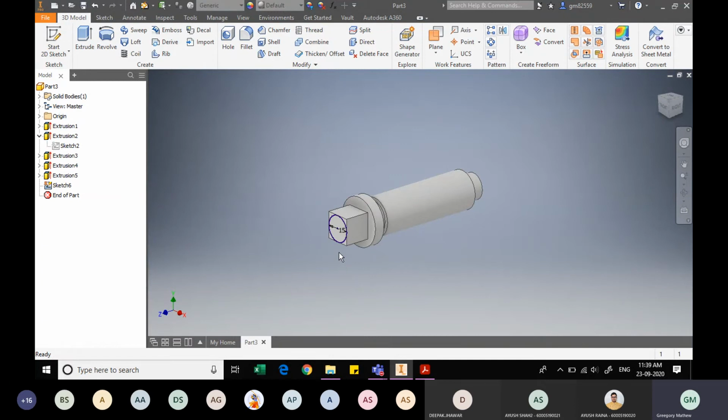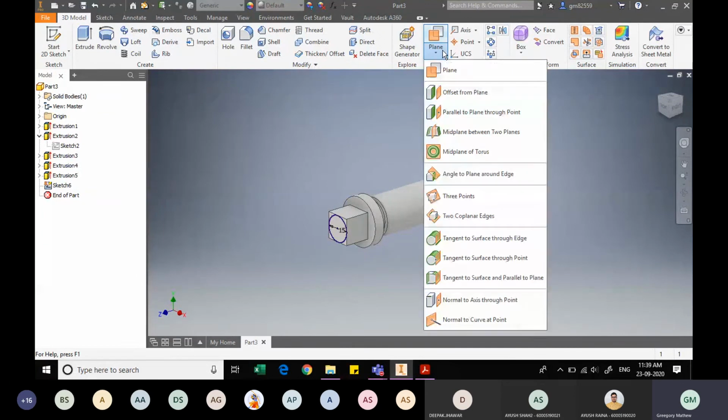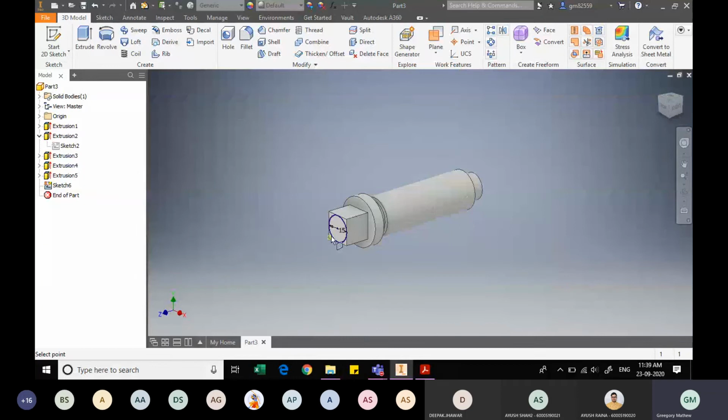So we need to create that sketch, and that sketch is placed along the diagonal of this cube that you see, if you remember. So we need to create a plane which is passing through the diagonal edge of this cube. In the plane command, we will use the 3-point option, and we will specify the points through which the plane should be passing: first point, second point, and the third point. So we have done with this, and we can see this work plane now.